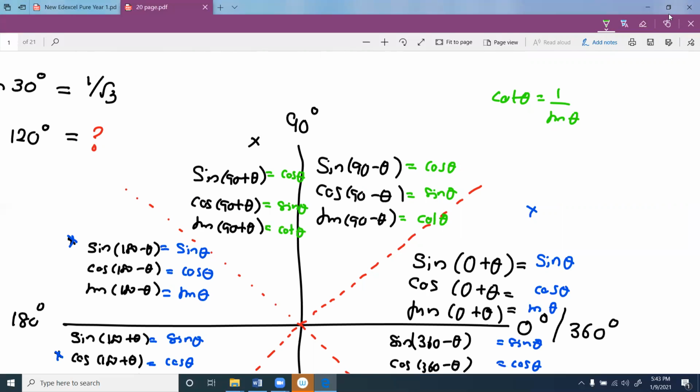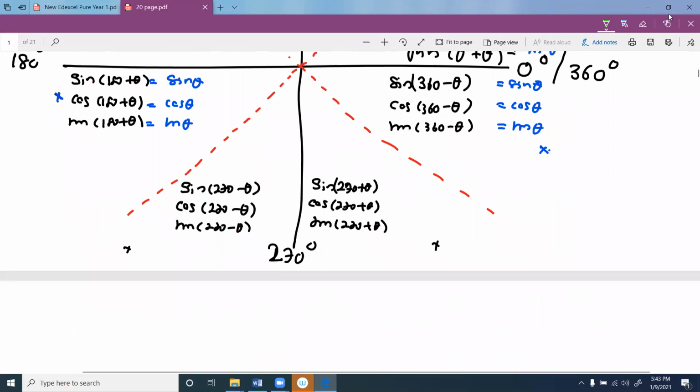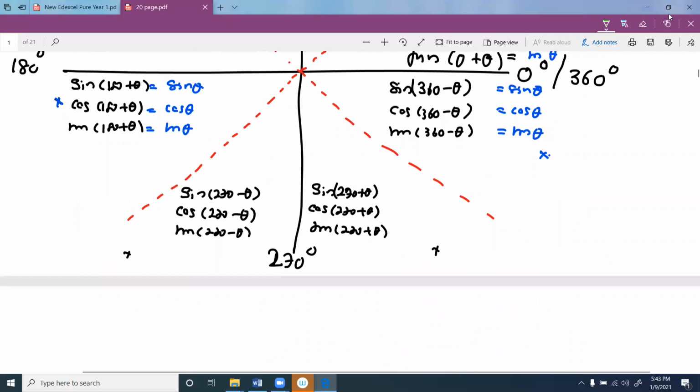Okay. Then when you come up over here, here also the same thing comes with it. That is cos theta, sin theta, and this is cot theta. Cos theta, sin theta, and this becomes cot theta. Okay. Now let's see how to find